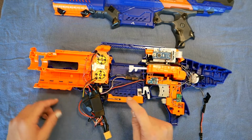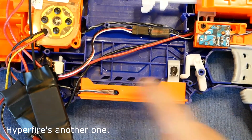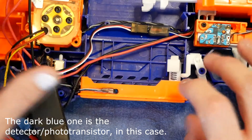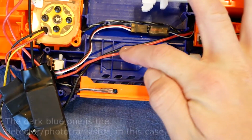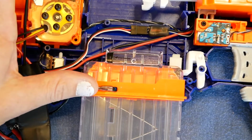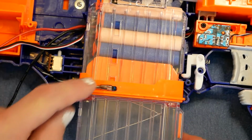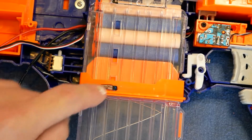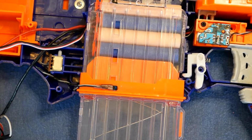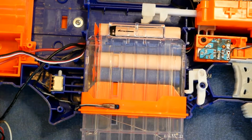Here is the sensor. Now it's really easy. This and the Raven, and I'm not sure about what else, they've got this little thing here which makes it really easy to mount a sensor there and a sensor there. Now I've got these much further down in the Alpha Trooper, they're up here somewhere. What this means is that it warns you when you have 4 or fewer darts remaining. These can just see past the follower. So that's when the light would light up for a really fast rate of fire. I figured 4 was a good